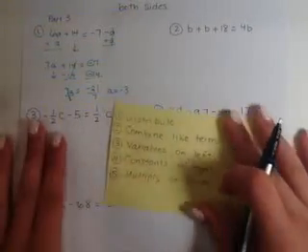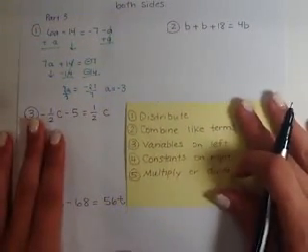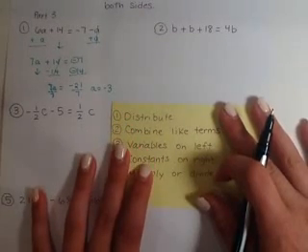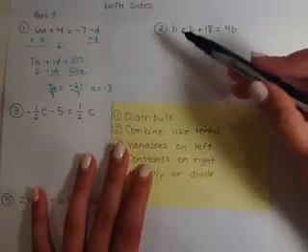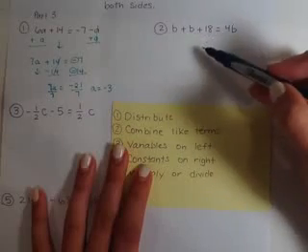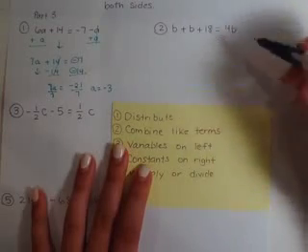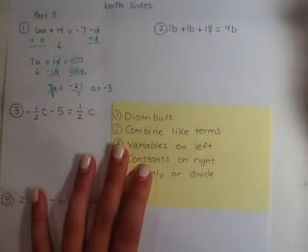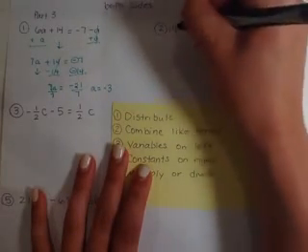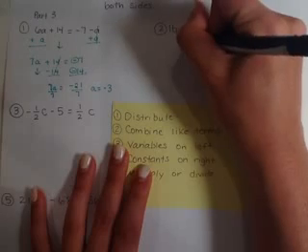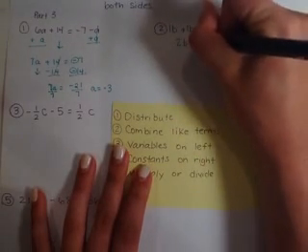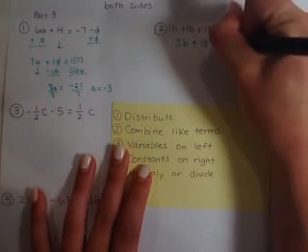On to number 2. There's nothing to distribute. Combine like terms. So when I'm looking at this left side of the equal sign, I'm seeing 2 of the same variables. So I have to combine that. There's understood to be a 1 in front of both of those. So when I combine it, I'll just add the 2 numbers. 1 plus 1 is 2. And I just keep the 1 variable. So that will be 2b, plus 18 equals